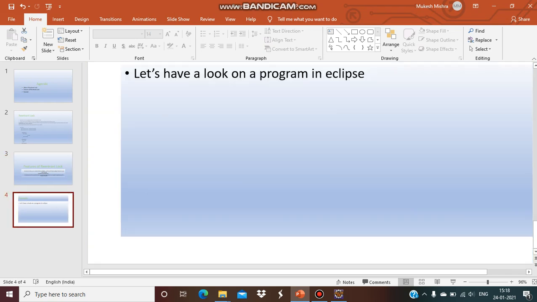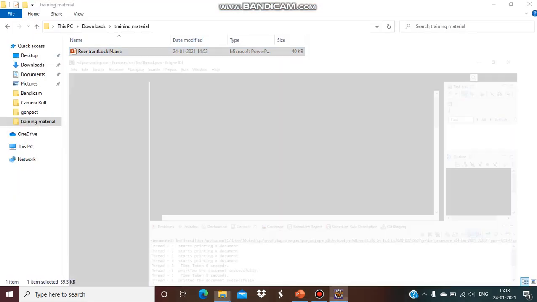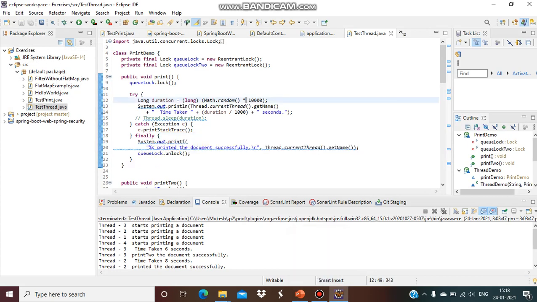In Eclipse, we have this class PrintDemo. Here I have taken two locks, lock one and lock two, and two methods, print and print two.